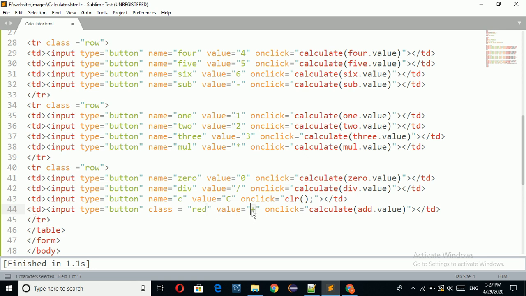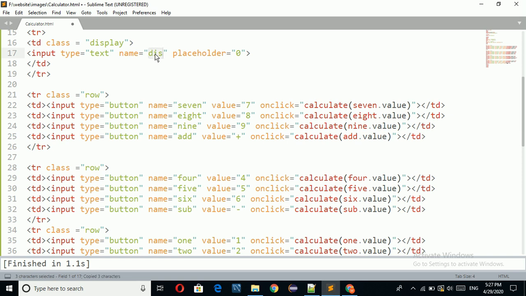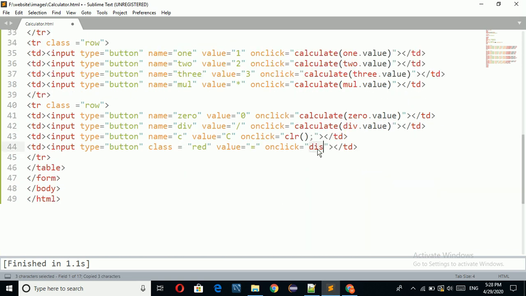Value equal to equal, and onclick equal to, just to evaluate the value of this text box name dot value, I'm using the evaluation operator eval and just pass this value.